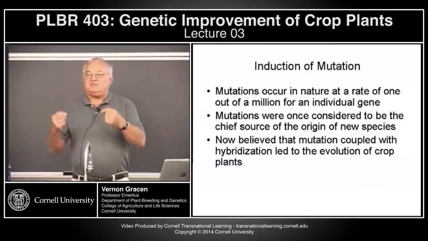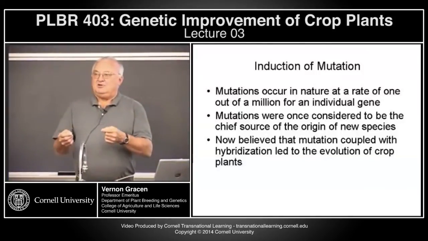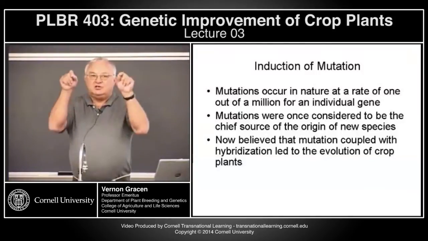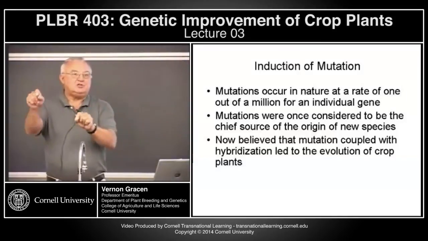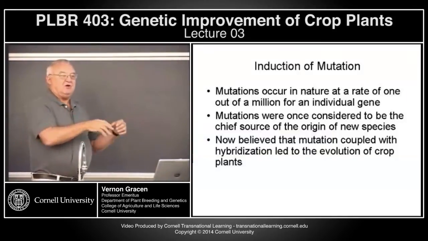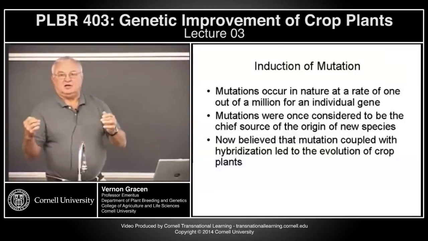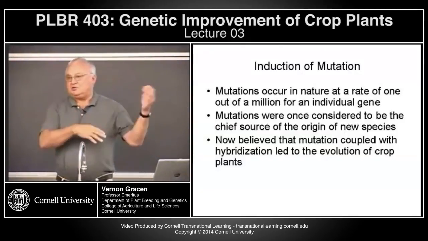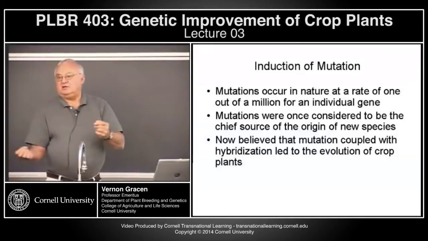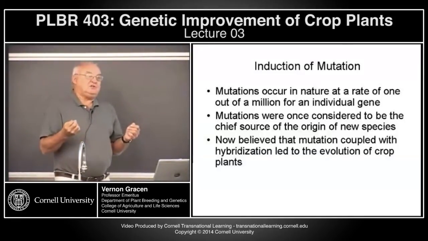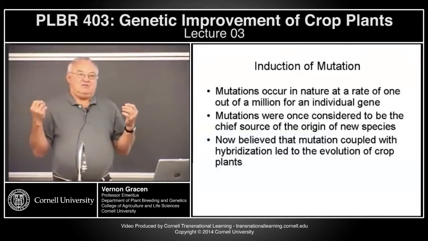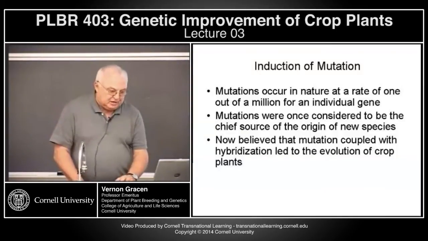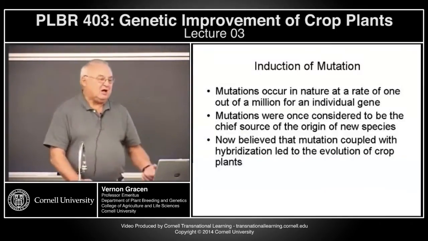So if we can find a way to induce site-specific mutations, we're going to have a whole new science, and this science of plant breeding, of making crosses and following progeny, is going to become obsolete. And so back in the 40s and 50s, there was a big wave of people rushing into mutation breeding. Well,